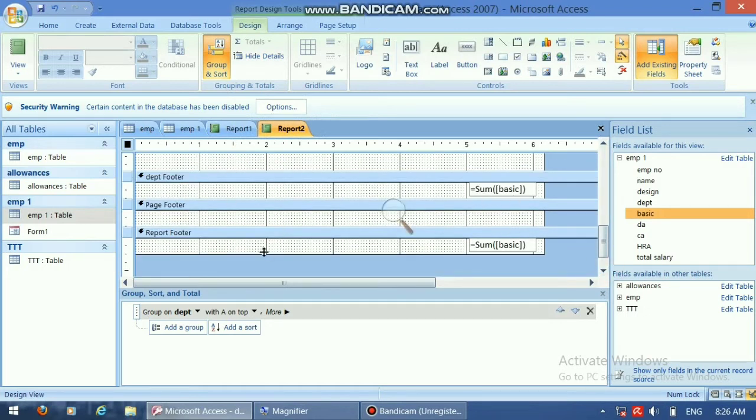You can write a label over here, subtotal and total. In the department footer, you write Subtotal of salary, and in the report footer, this is your grand total.